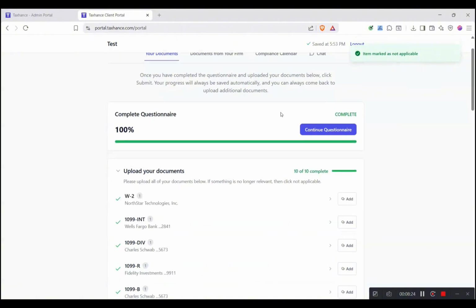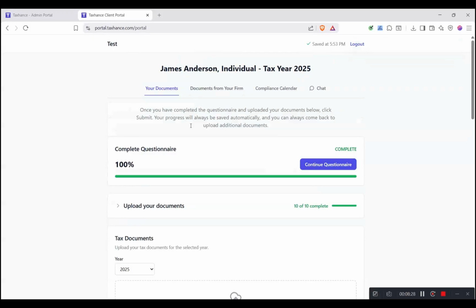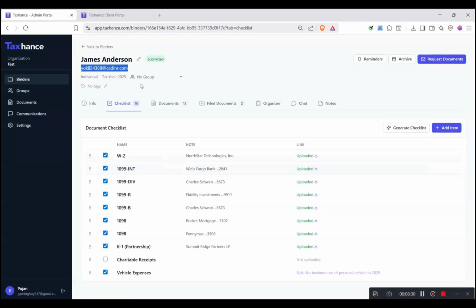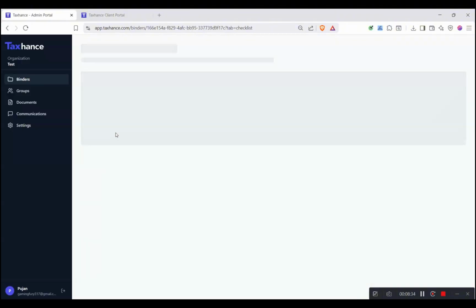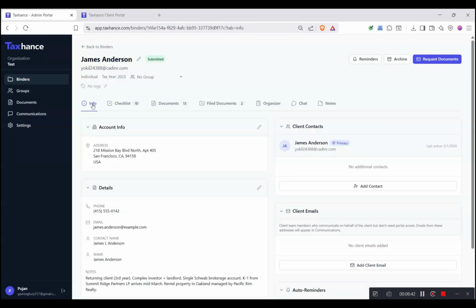Okay, so everything is done in documents. The questionnaire is also uploaded, and we'll refresh. You can see this NA. I've closed this account. So this is basically the entire set of things inside the binder. Then coming out,